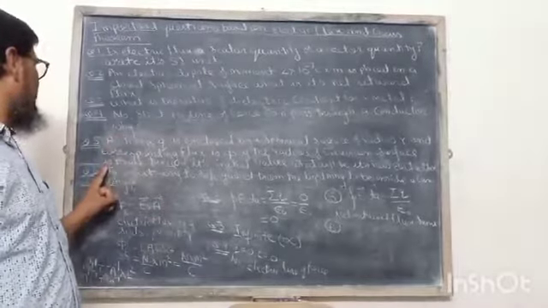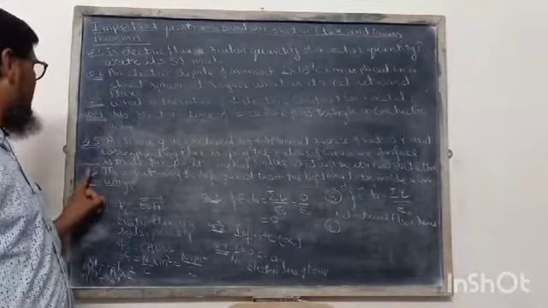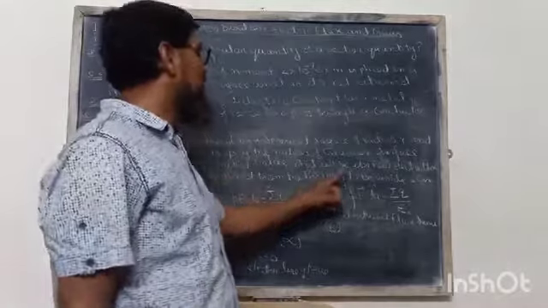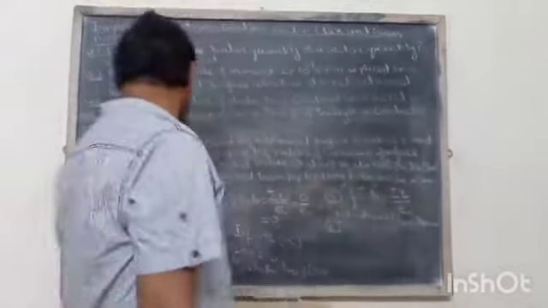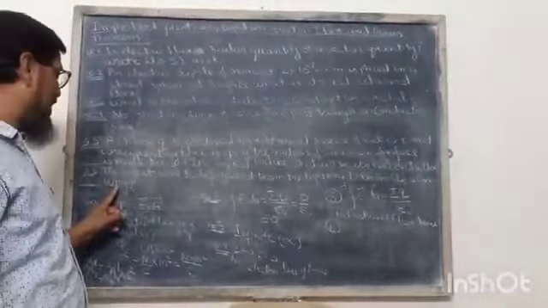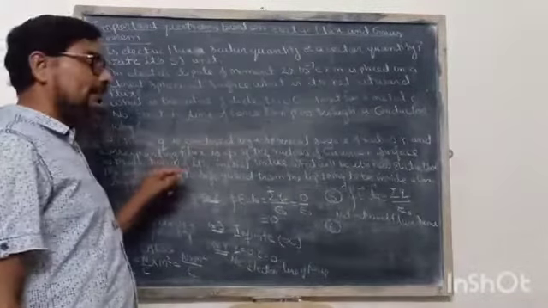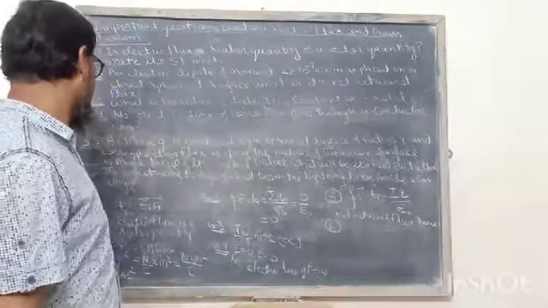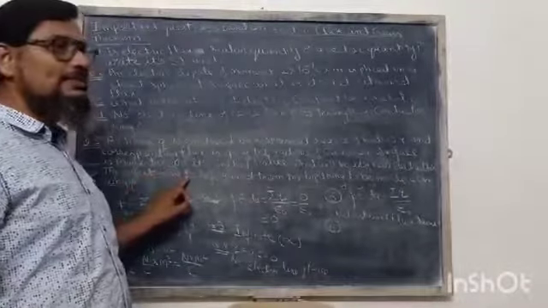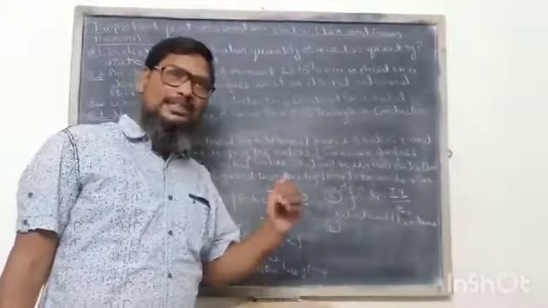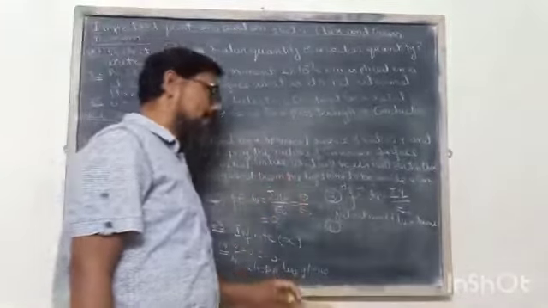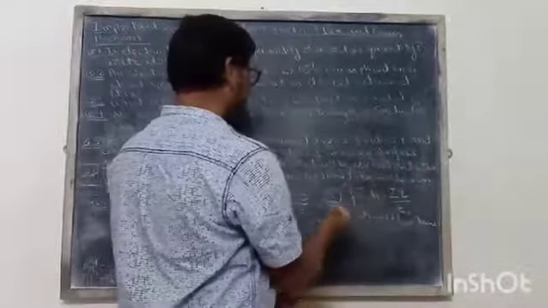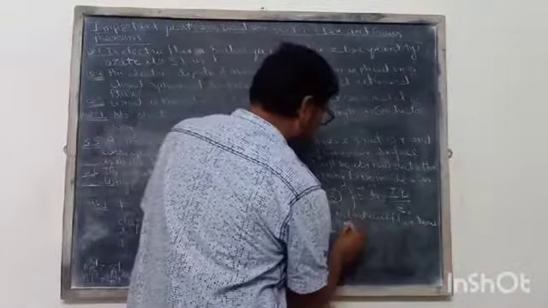Now the last question for today, question number 6. The safest way to safeguard from lightning is to be inside a car. Why? The answer is that if we stay inside a car in the presence of thunder and lightning, it forms a closed chamber and protects us from outward electrical disturbances.